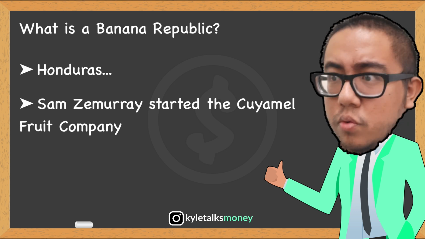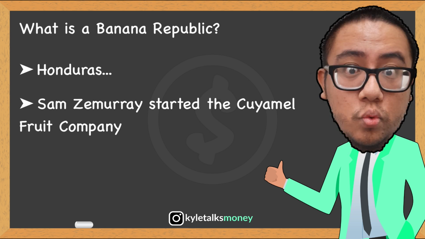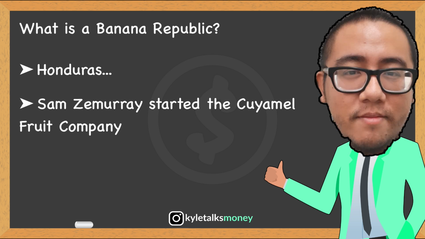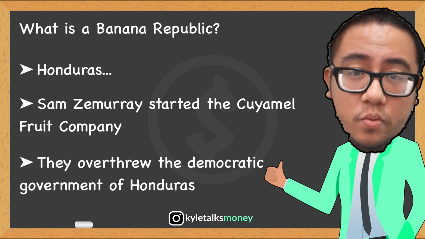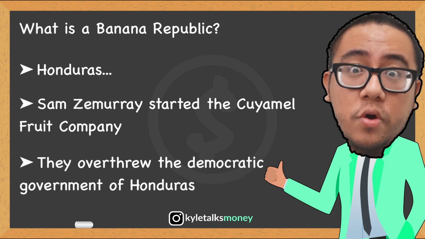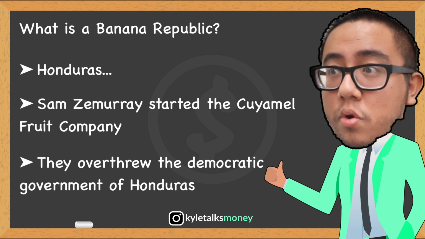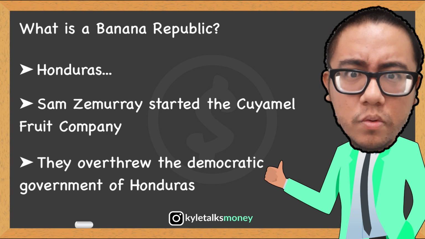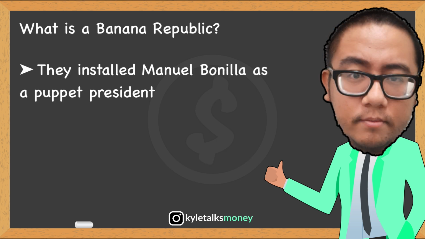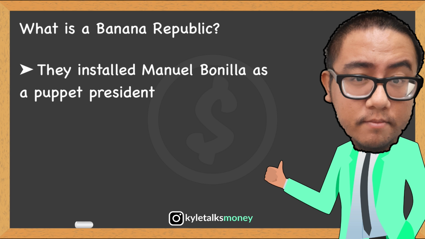In 1910, Zemurray bought 15,000 acres on the Caribbean coast of Honduras for use by the Cuyamel Fruit Company. In 1911, Zemurray conspired with Manuel Bonilla, an ex-president of Honduras, and the American mercenary general Lee Christmas to overthrow the civil government of Honduras and install a military government friendly to foreign businessmen. To that end, the mercenary army of the Cuyamel Fruit Company, led by General Christmas, effected a coup